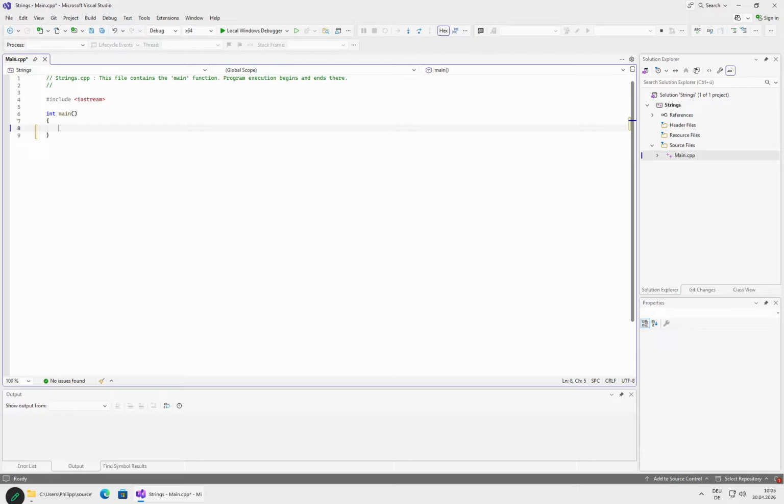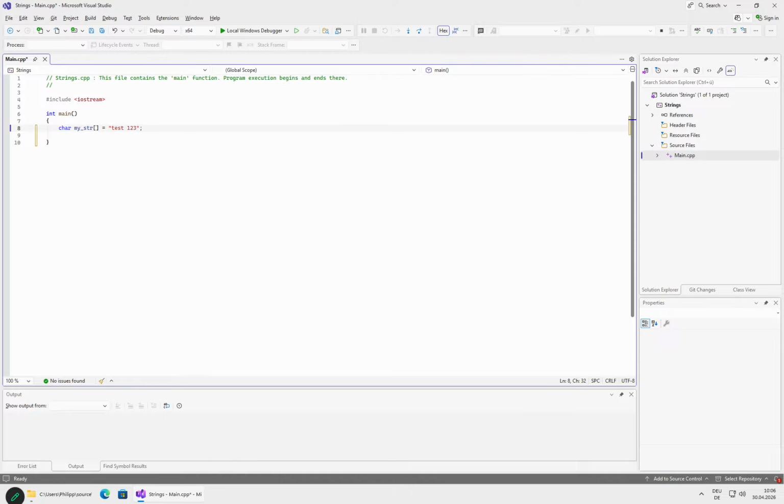And C has its own strategy of doing it. It is called a C string. It's null terminated. So basically, a string is an array of type char, so signed byte. We can use an array of undefined length here, and then we can assign a string to it. Let's say test123, and this is just an array of chars with those chars, and then there is